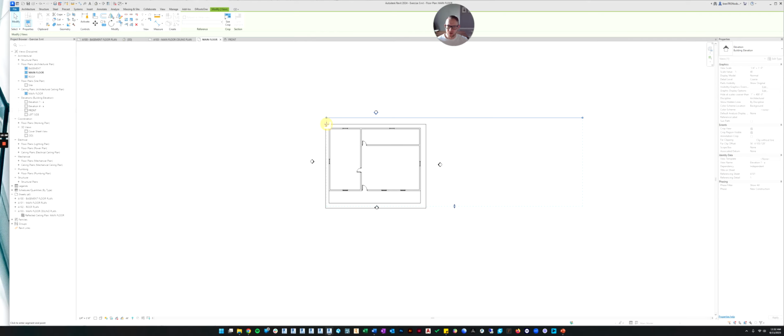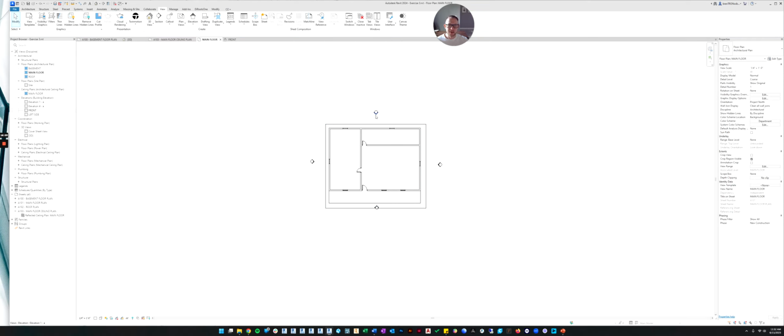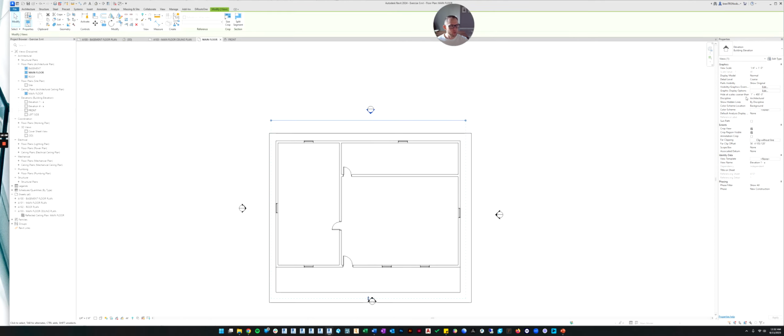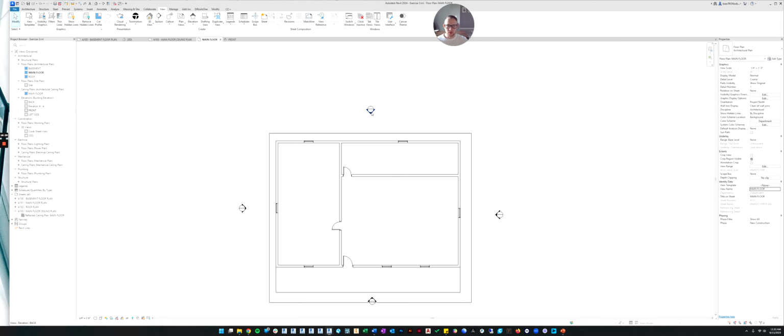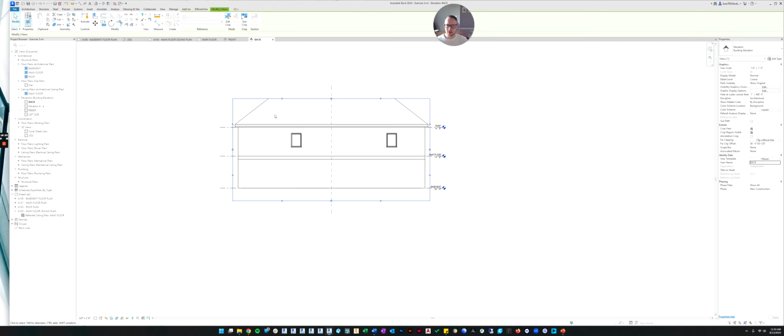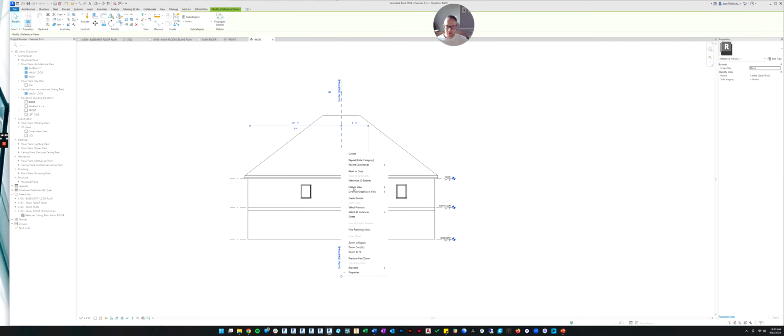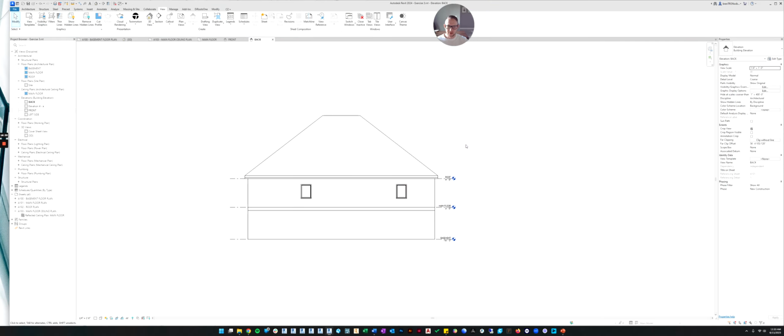Then we can pull in the side crops. And the other thing you can do is name it from here. If you click on this little arrow, it actually brings up the view properties over here. So you can go to the view name and name it back. And there you go. So now all we have to do is click on this and change the top and the bottom. And then we're going to turn our crop region off, and I'm going to hide the category in view.